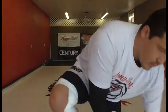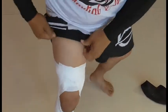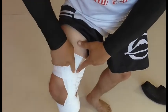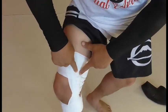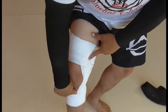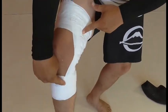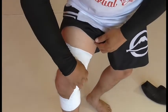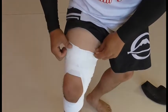So if you notice, here, I'll take this off here again. Now, if you notice, when I finished, I actually tore it off on the front pretty close to the same spot on the top and bottom. So that way I know where the edge of that tape is and I can actually unravel it. Or,